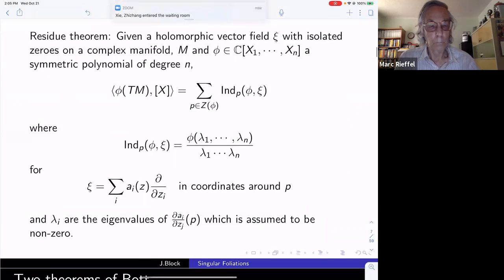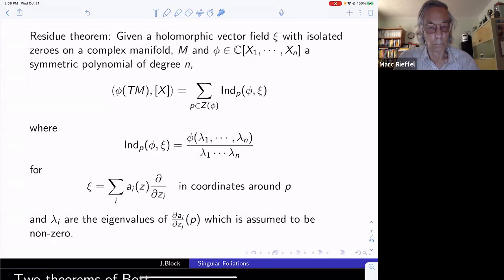Okay, then I want to talk about these two theorems of Bott. The first is called his residue theorem, the Bott residue theorem, and it takes place on a compact complex manifold. And it says, given a holomorphic vector field C with isolated zeros on a complex manifold, and you choose phi, a symmetric polynomial of degree n, so that you can form characteristic classes corresponding to phi. And this theorem of Bott says that